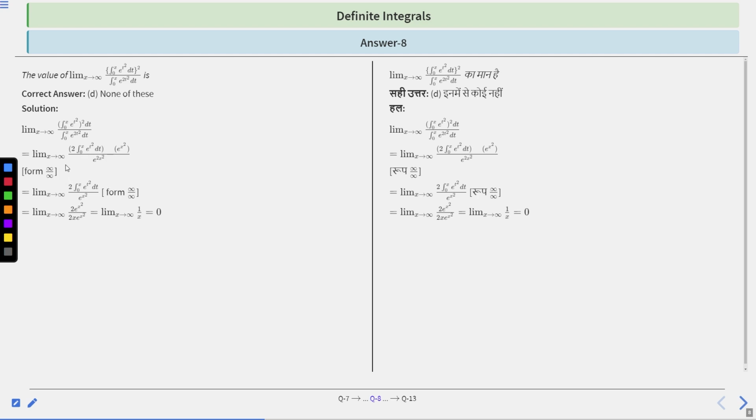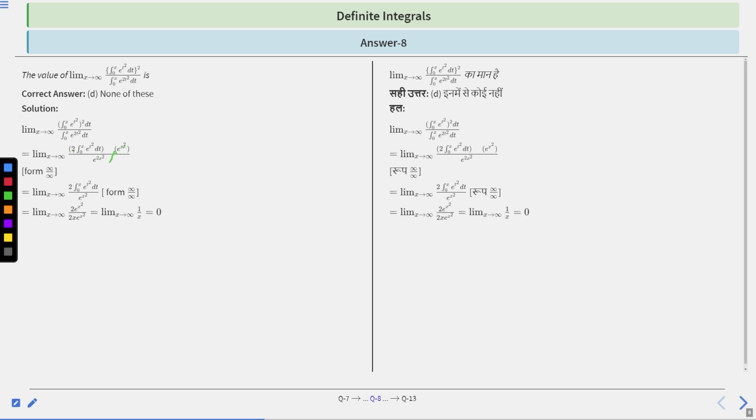Therefore, as x tends to infinity, when we differentiate it, we will get 2 times the integral from 0 to x of e^(t²) dt into e^(x²), upon e^(2x²), right? Now again it is of the infinity by infinity form. After simplification,